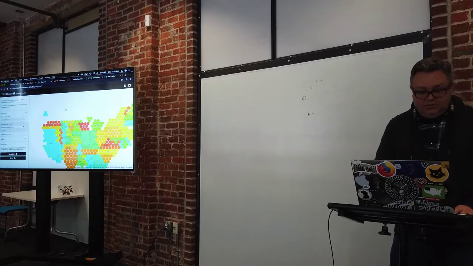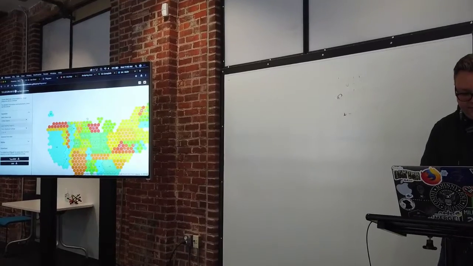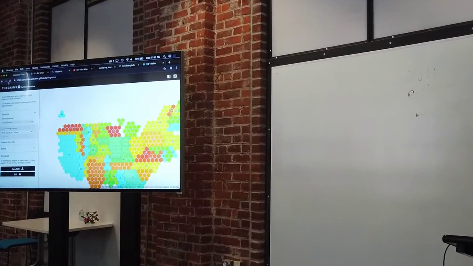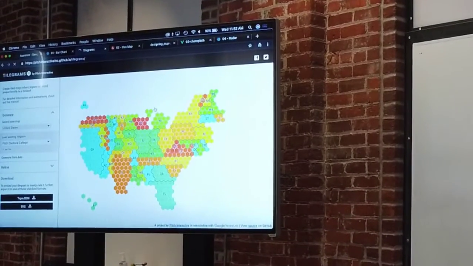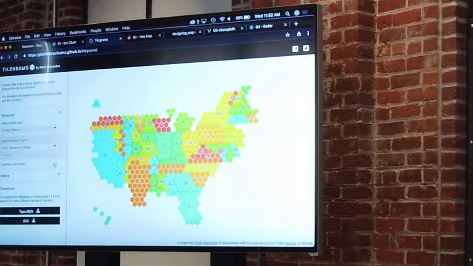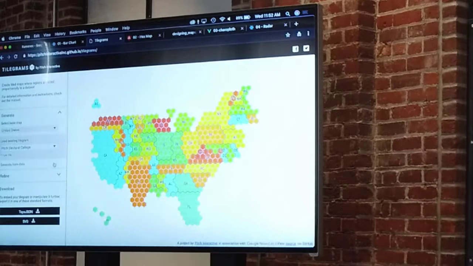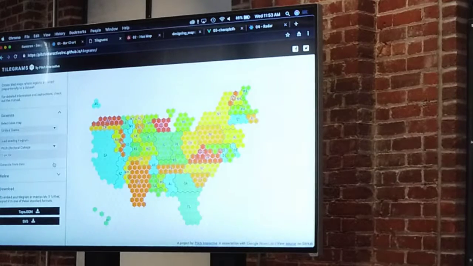All right. So here's the Tilegram tool, and they start off with theirs first. Let me see if I reload the page, maybe it'll come up. All right, there we go. So here are the tilegrams, and this is the Electoral College. Each state is arranged where you would expect to find it on the map, but each hex is an electoral vote. So this is more representative of what's going on in an election than showing an actual map that has,